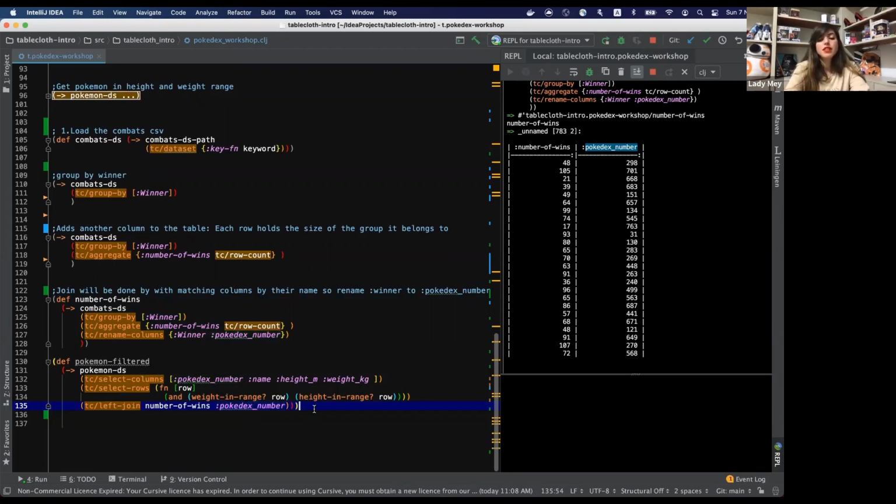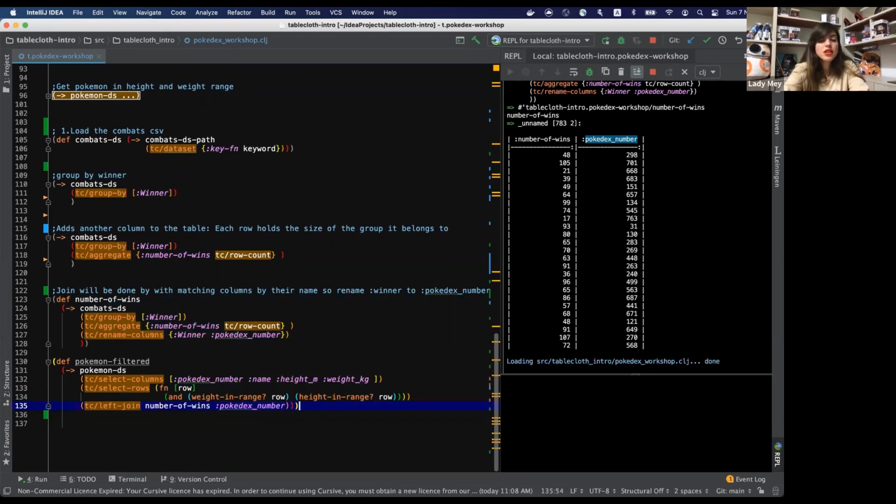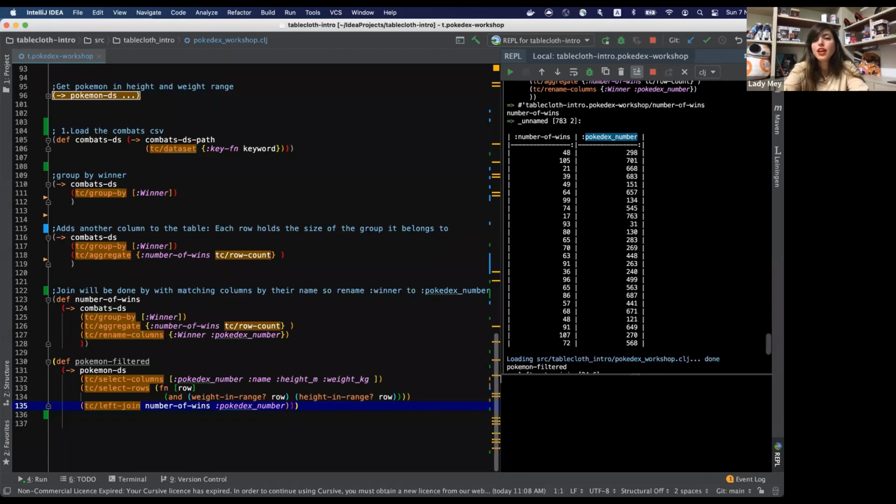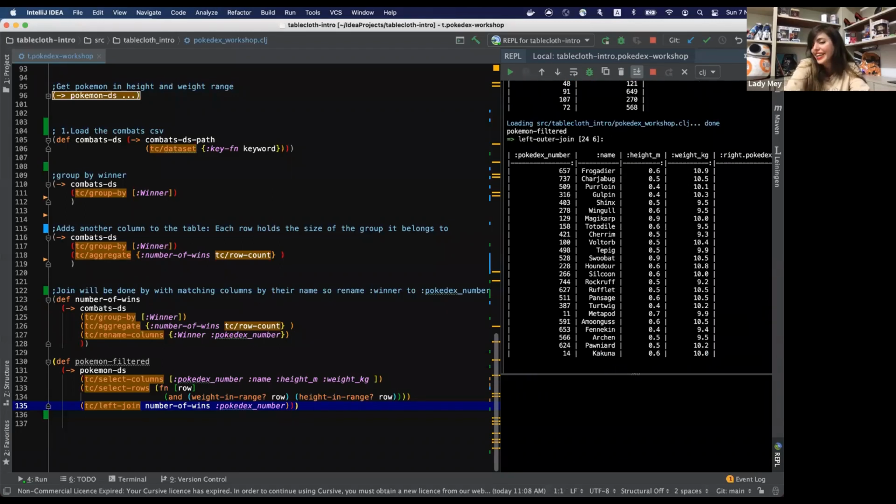So let's see that. Pokemon filtered, that's what I need to do. Pokemon filtered. Are you ready? Yay! We have 24 lines and 6 columns,